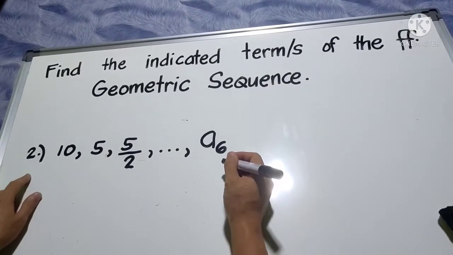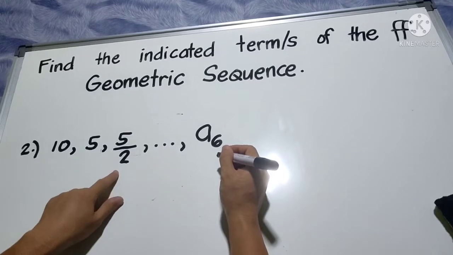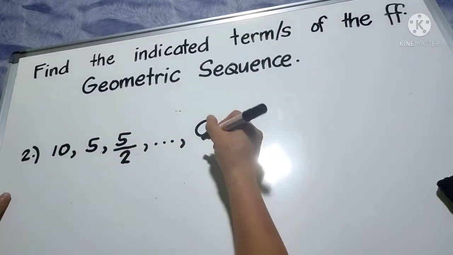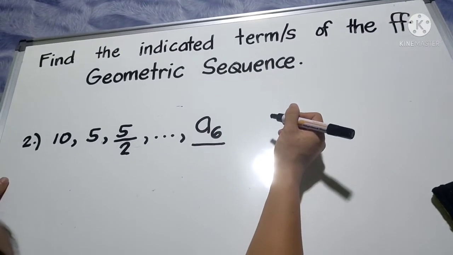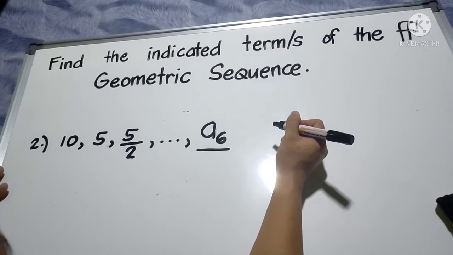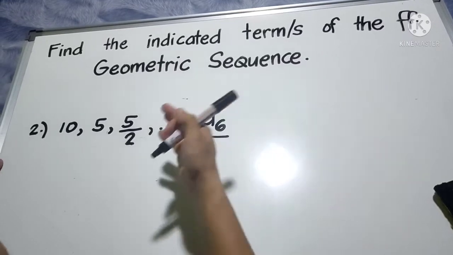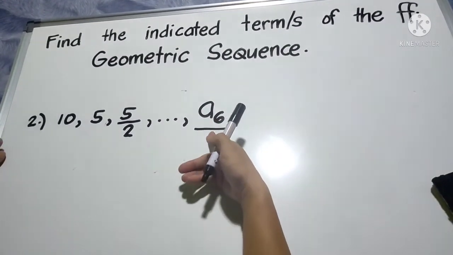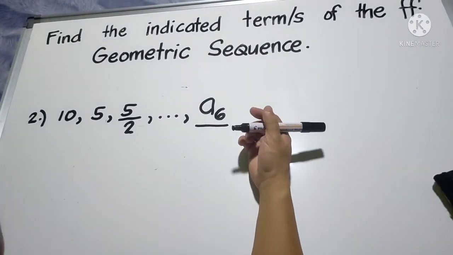Now let's proceed to number 2. We're given 10, 5, 5 halves, and so on, and we need to get a sub 6. So we need to get the 6th term. We can actually do what we did in number 1. We will be making blanks, and then we'll stop at the 6th term to get our a sub 6. But to make things simpler,